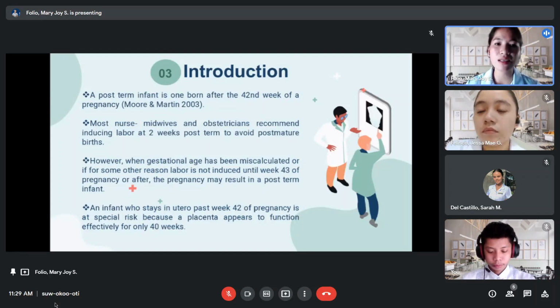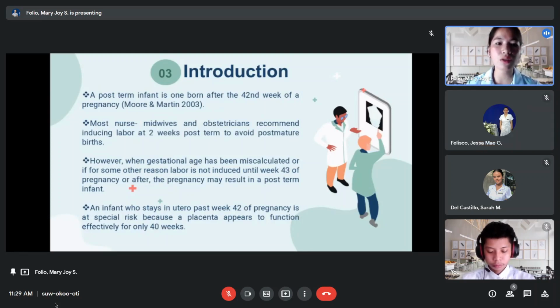So these are the signs that the fetus is not well, and in extreme cases, for example, this may result in injury to the brain and other organs. So one example